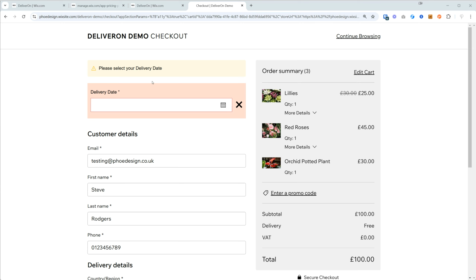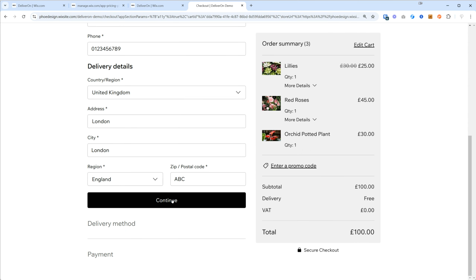So here is my checkout page that I have loaded up. It's displaying my warning message with the delivery date that I changed to, and showing the delivery date there. This has the error behavior where it's required, so it's highlighting to the customer that they have not yet selected their delivery date. And if I was to go through